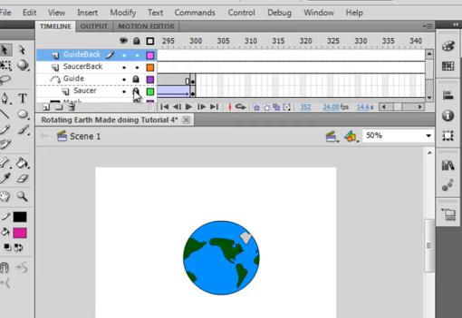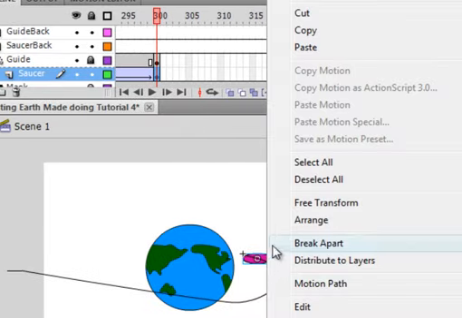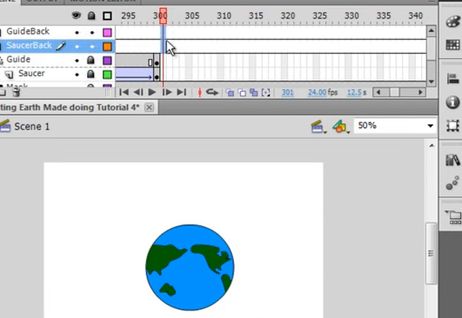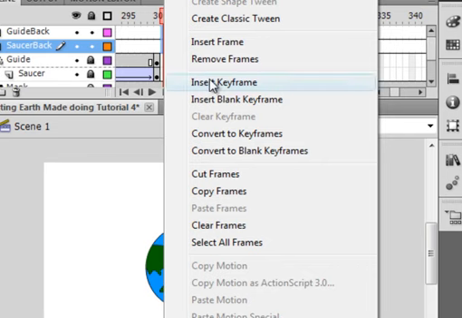Unlock the saucer layer down here for 1 minute. Click on that frame and get on the saucer tip. When you get the crosshairs, right click, copy it, lock that saucer's layer, select these 2 frames right here at the 301 mark, insert keyframes,